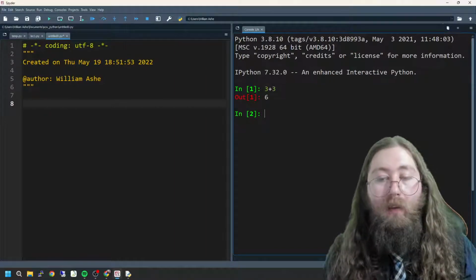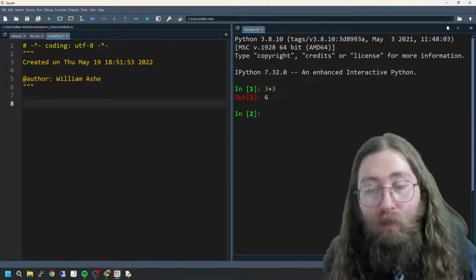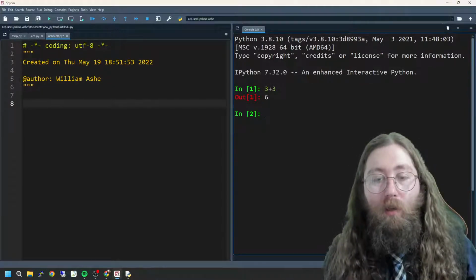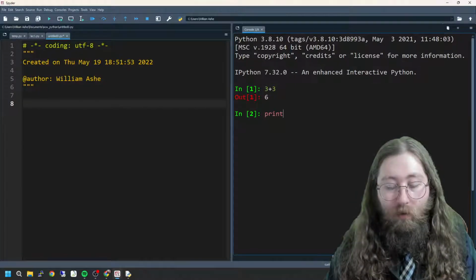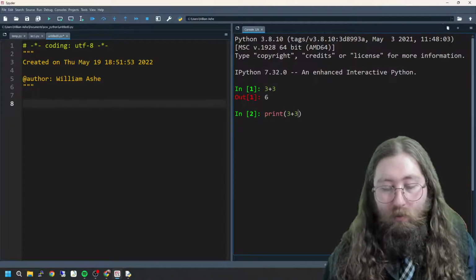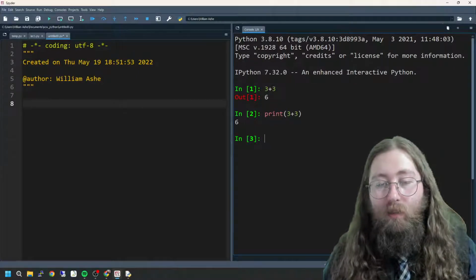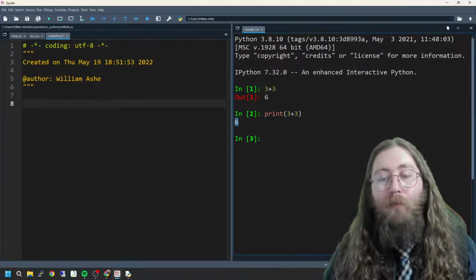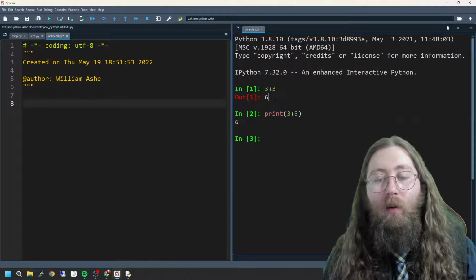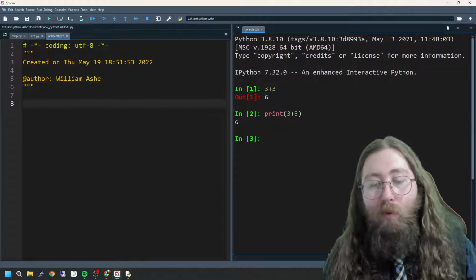It's important to understand that this isn't actually being printed to the screen. It is simply telling me the result of what I just put in as a way to help me understand what's going on. Okay, if I were to do this instead, which is use the print function, 3 plus 3, notice that it doesn't say Out 1, it just says what I wanted to print, okay? And this is because I'm actually printing it at this point. Here, I have the same number next to Out. It's showing me this is what's coming out, but it's not a real output, okay?